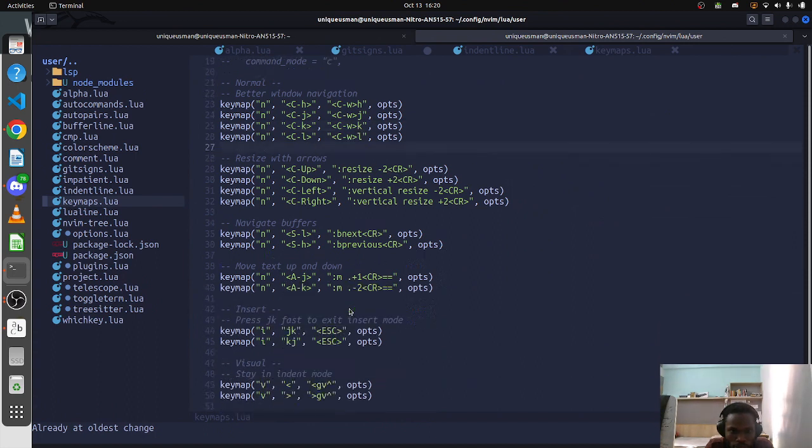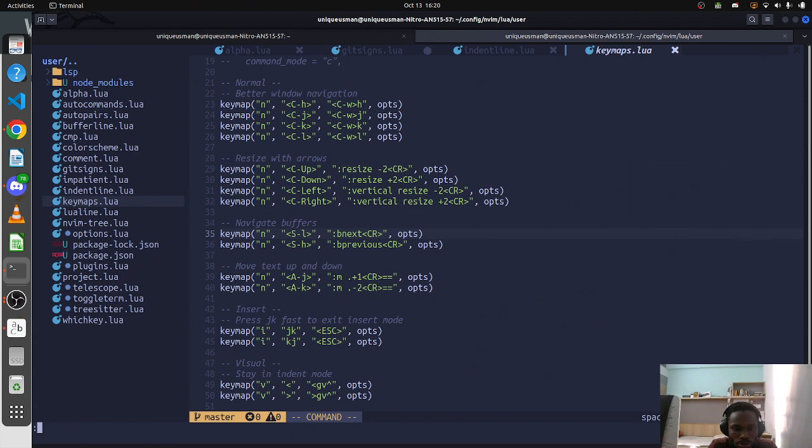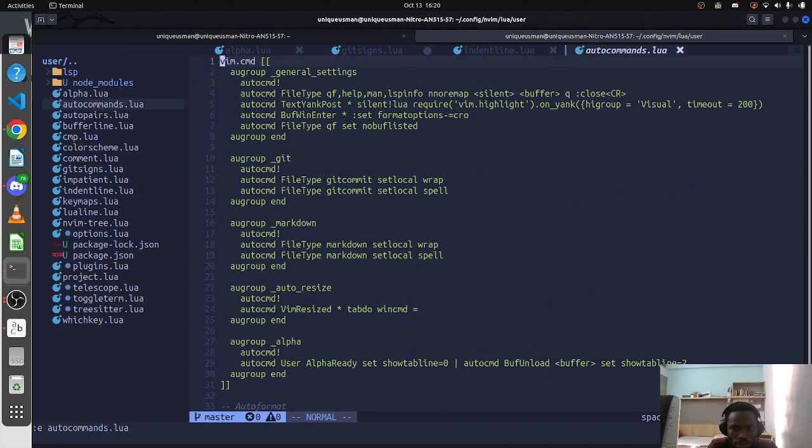So this is navigate buffers. I don't know if you know buffers. There are buffers even in normal Vi, where you can open different buffers and stuff like that. So assuming you want to, you just type E and autocommand, so it opens it here. So this is a buffer here, right? So with that you can